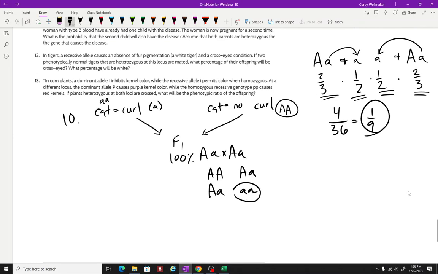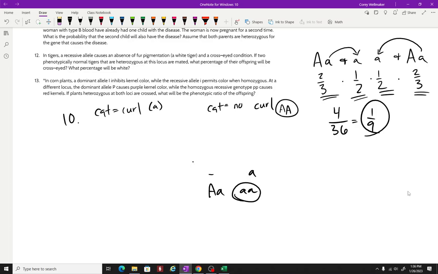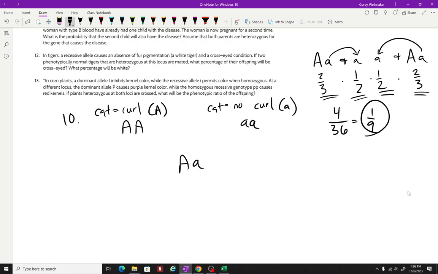And again, these are my true breeding cats, if curl is recessive. Easy, right? What if curl's dominant? Again, we breed. So if curl is dominant instead of recessive, let's mate it with a no curl. So this no curl would have to be a little a, little a. This curl could start off as a true breeder, and in that case, all the cats would be curl,